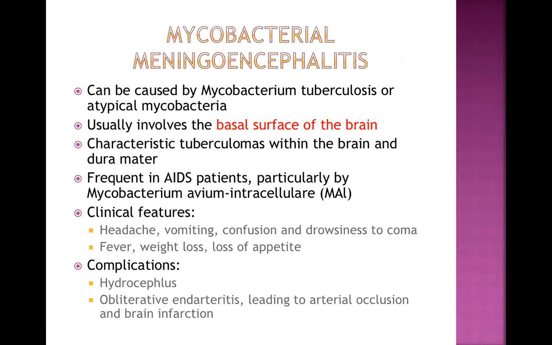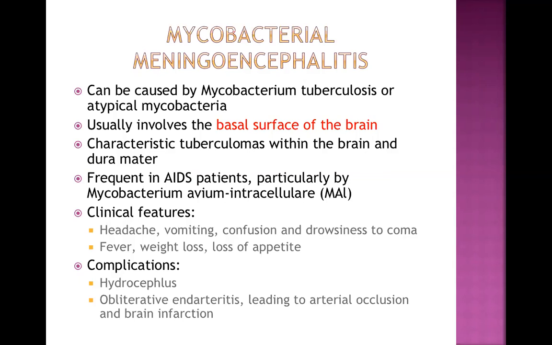Mycobacterial meningoencephalitis is the third type of meningitis we are going to talk about now, and this is caused by Mycobacterium tuberculosis or atypical mycobacteria, maybe Mycobacterium avium intracellulare, but the commonest agent is Mycobacterium tuberculosis. This is a chronic type of meningitis, okay, chronic. It usually involves the basal surface of the brain, and all cranial nerves come out from the basal surface of the brain. So without any hesitation, a student can answer there will be involvement of cranial nerves